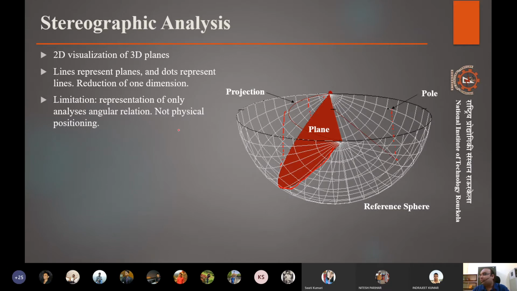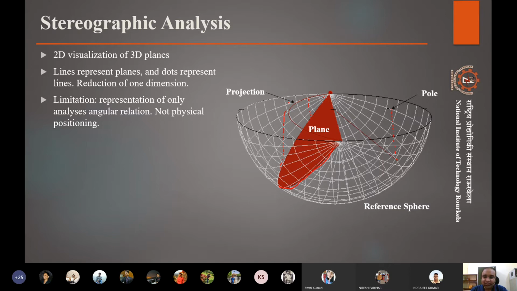The only limitation for this kind of analysis is that the analysis we are doing right now is basically representing the orientations of different joints with respect to each other. So only orientation or angle is judged. The physical proximity is not judged.